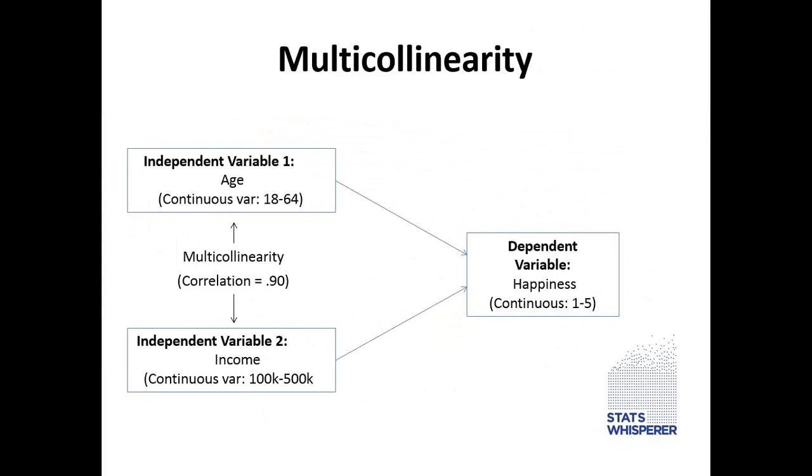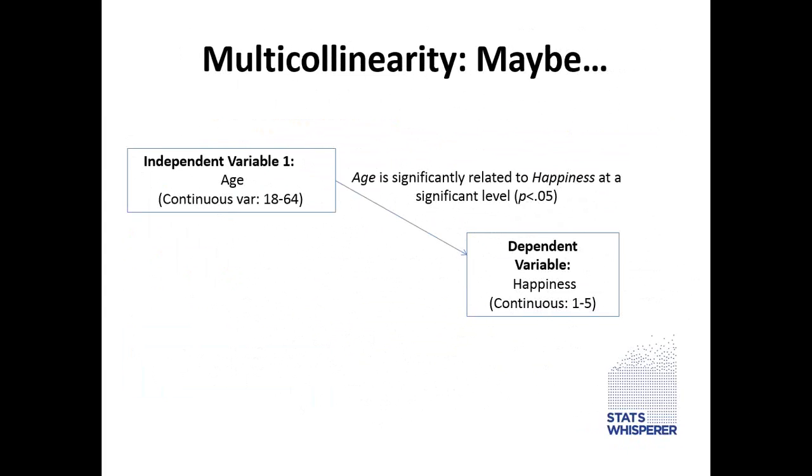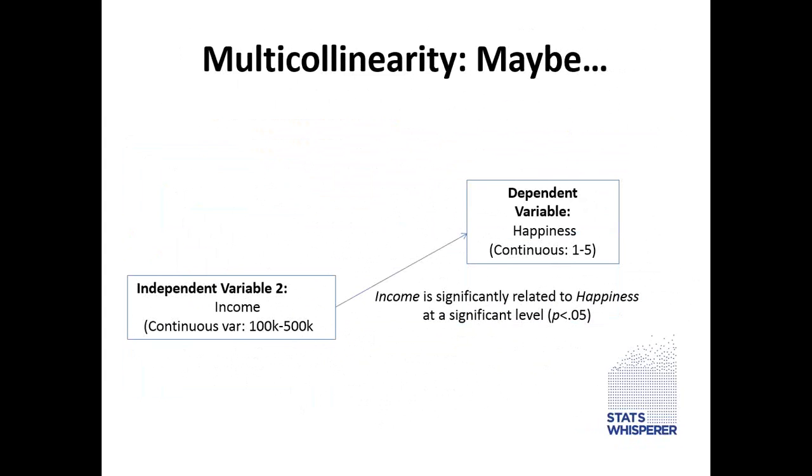So this may be what happens in our analysis. Individually, age may significantly predict higher levels of happiness. That might be a true finding, right? Also, income might have a true finding where higher income predicts a higher level of happiness. So as income goes up, happiness goes up. So it's all fine so far. However,